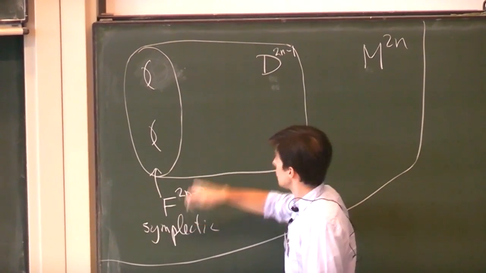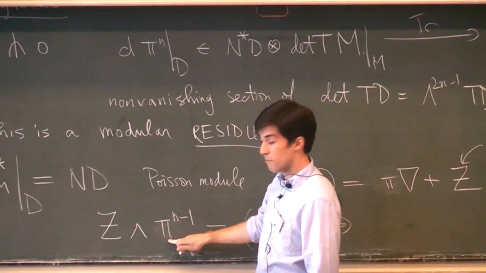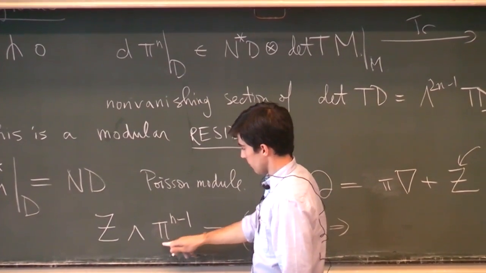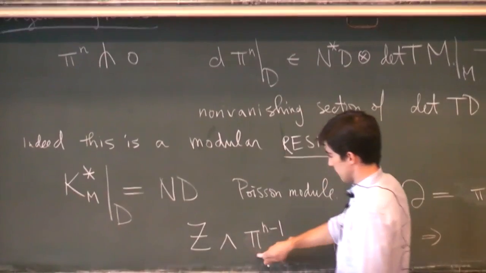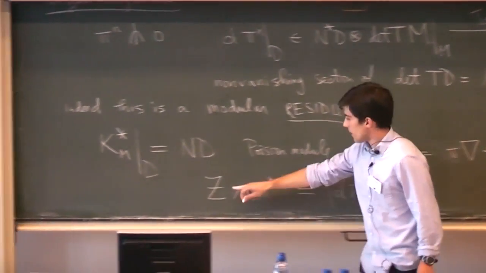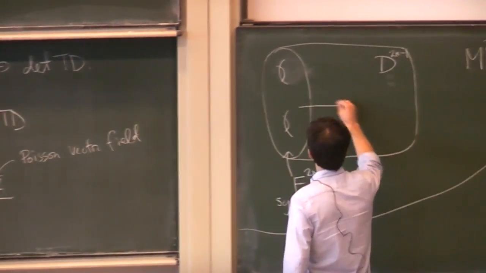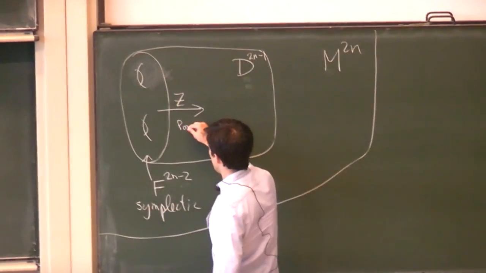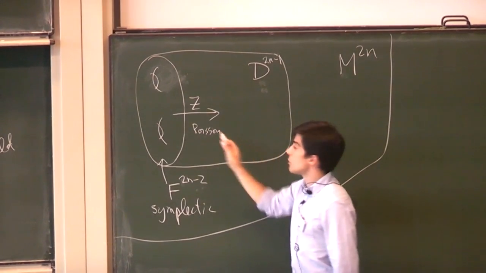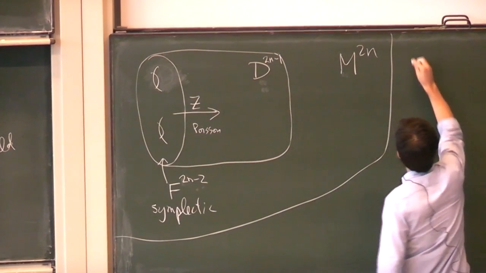How do I know that the Poisson tensor has maximal rank? Well, that's because, by assumption, this thing was non-zero, and it's equal to this. And here you see the top power of pi on D. So that tells us right away that pi has maximal rank on D. Okay, but if we take one of these symplectic leaves, then notice that I have a Poisson vector field which is transverse to that leaf, right? Which tells me that I can move to the next symplectic leaf, right? And so,